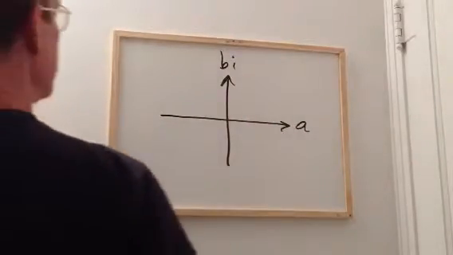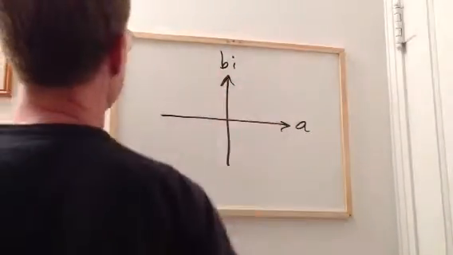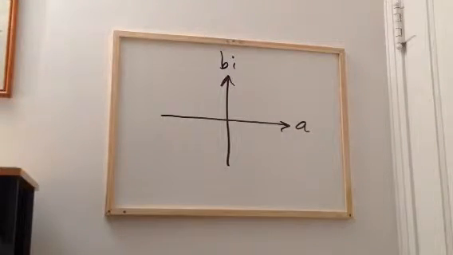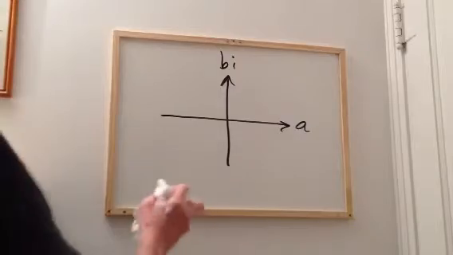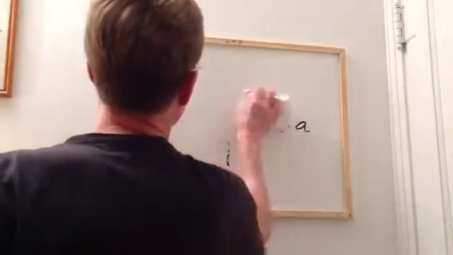We are now ready to describe complex numbers in the complex number coordinate system as vectors, and that I will do in the next episode of this